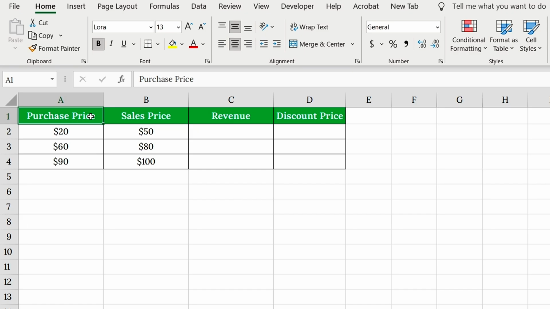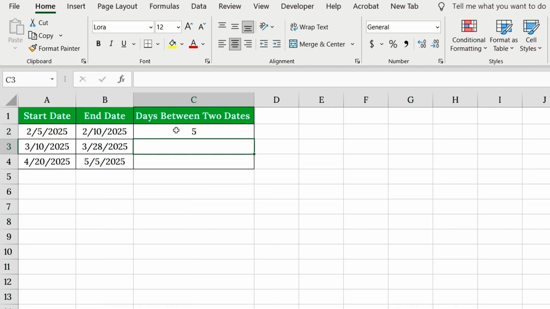Need to subtract numbers in Excel, but not sure how? Whether it's simple numbers, dates, or entire columns, this tutorial will make you an Excel subtraction pro in under 5